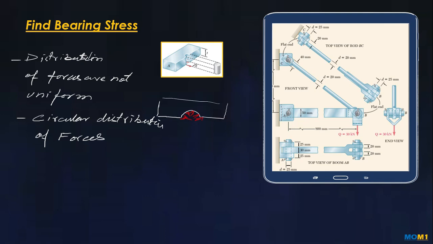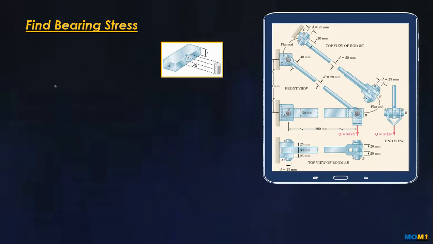Normally in structures these bearing stresses are not going to cause catastrophic failure, but as a designer we should be able to understand and calculate these bearing stresses. Usually the normal stresses and the shear stresses are causing the failure. Here in this case, let's say sigma bearing is going to be force upon area. Now the force is 40 kilonewton,